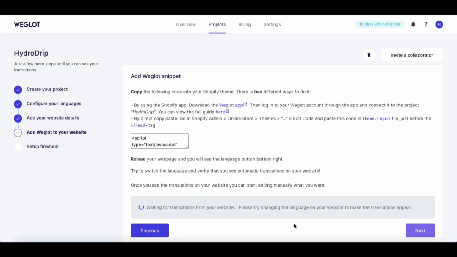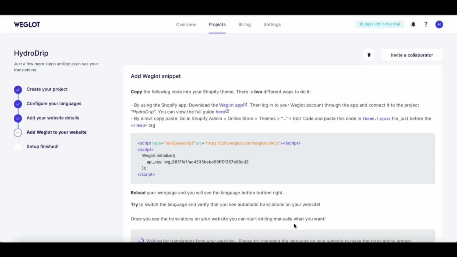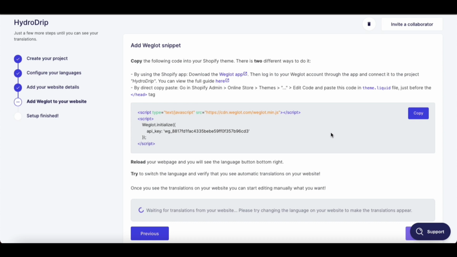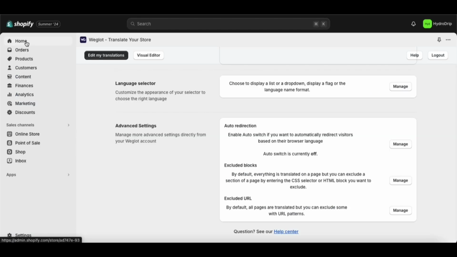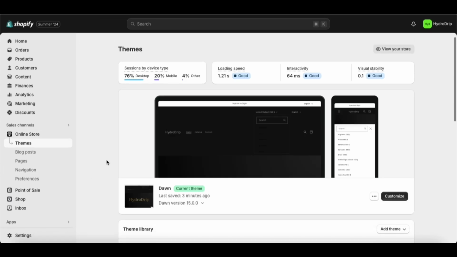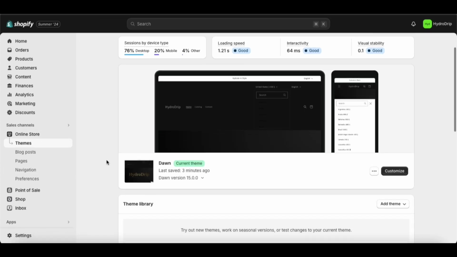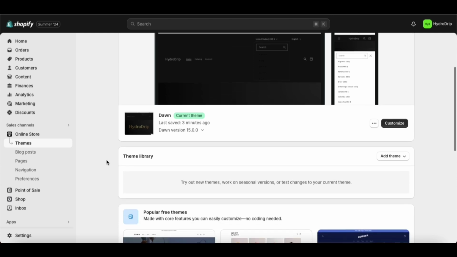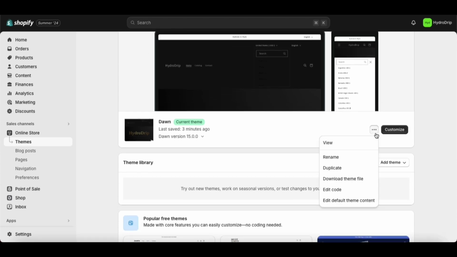You'll sign into Weglot, and after you go through the first 3 steps that it'll walk you through, you will then land on add Weglot to your website. We'll copy the code that they give you here and follow the instructions, which I'm gonna just go ahead and show you. From the themes page under your online store, you will select the 3 dots next to customize and